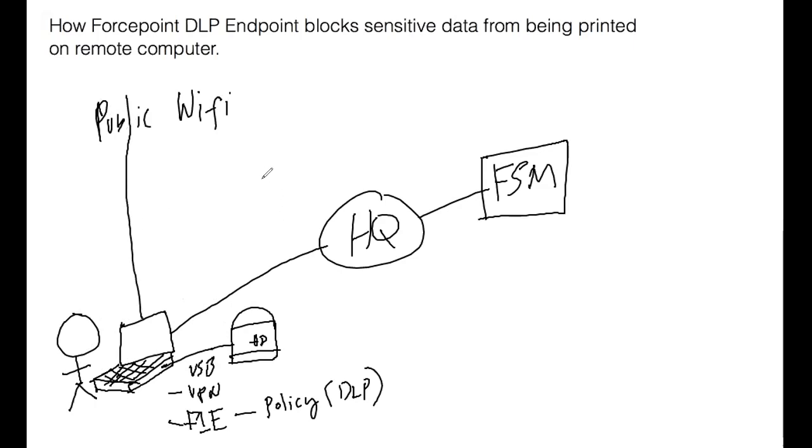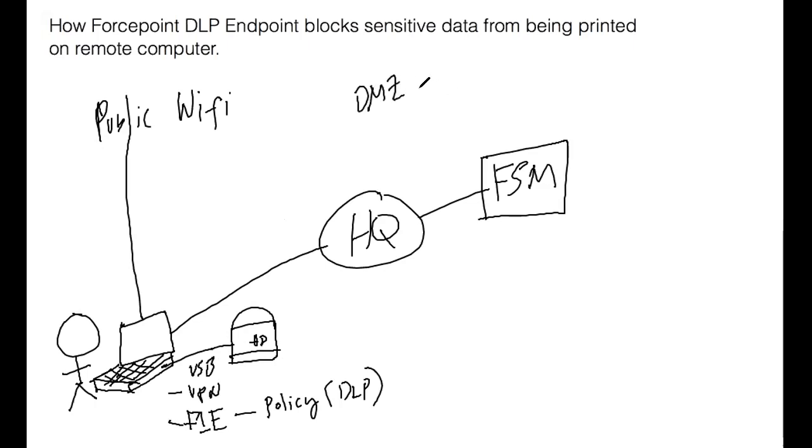And then now we have the ability to have this agent be network aware, okay? If it detects that it's not inside the organization's network, it will call out to an endpoint manager installed in the DMZ, okay. So now HQ has a DMZ,